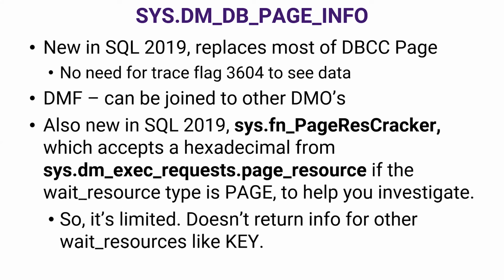If you're trying to figure out exactly what's inside of a page, or perhaps when you find something waiting on something else and it's a page resource, you could figure out exactly what it is that's waiting on. Maybe that might be helpful from a troubleshooting standpoint. But it actually doesn't help you with all the different types of wait resources. It only helps you for page wait resources, not for key wait resources, so it is limited. It is pretty cool though, and if you have some more esoteric uses for DBCC PAGE, you might want to consider using this new DMV that is going to be introduced in SQL 2019, coming out